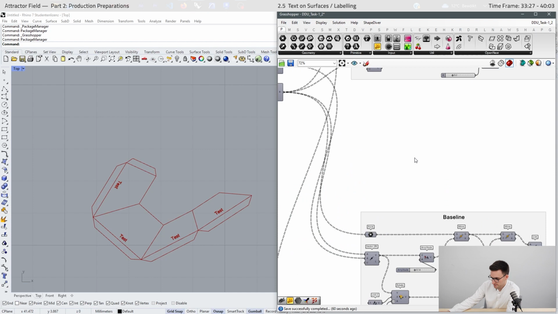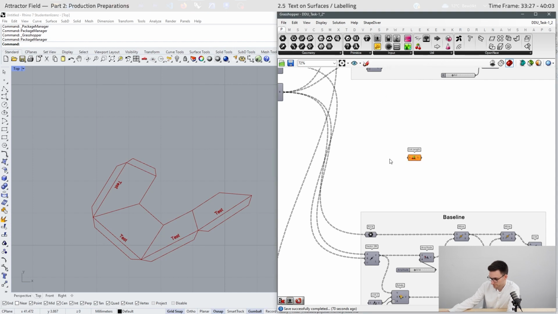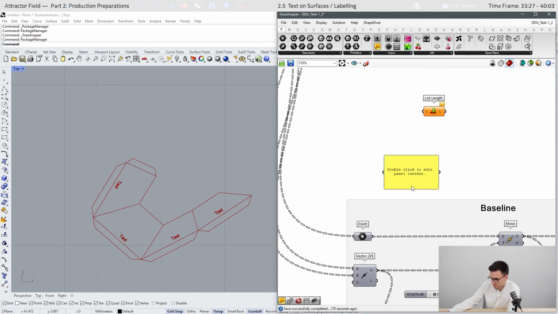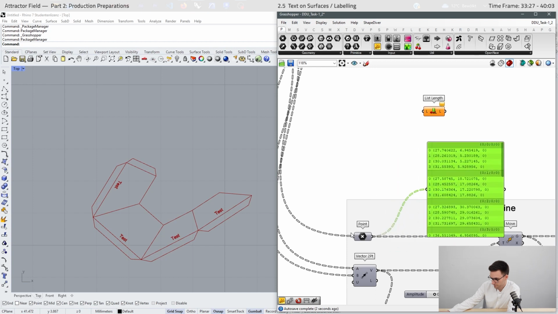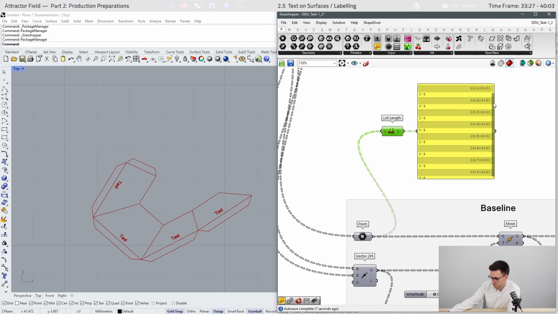To create the text, we can use the list length component, and for example measure the length of these lists. So here we receive that we have 4 items per list.